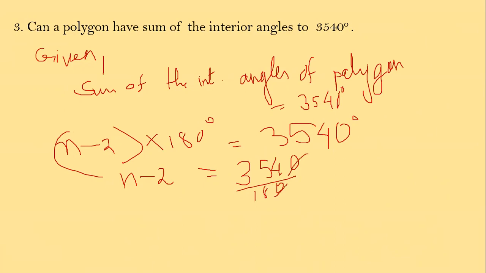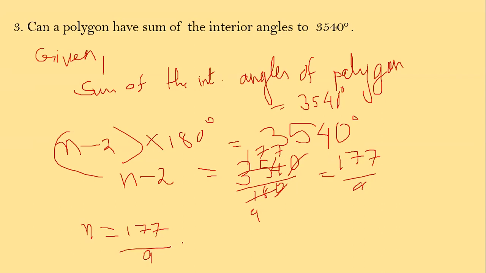It will give you 2 nines are 18, 2 ones are 2, 2 sevens are 14, again 2 sevens are 14. So 177 upon 9. Okay, fine, it's 177 upon 9. What can we do again? We have to find the value of n, so 177 upon 9 plus 2, which will give you